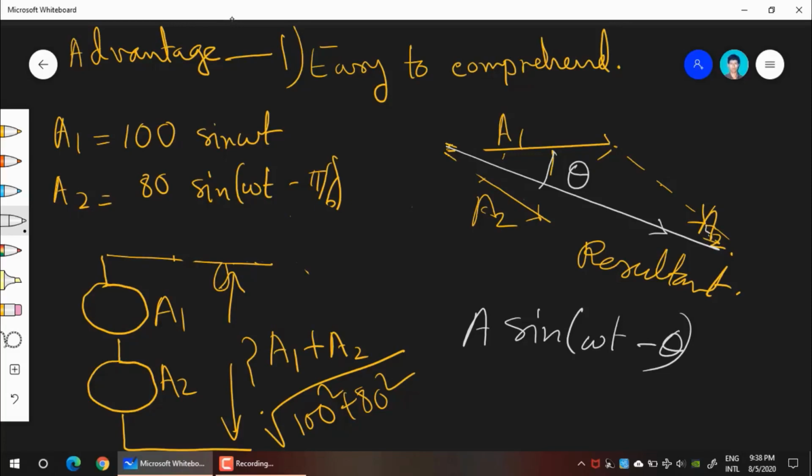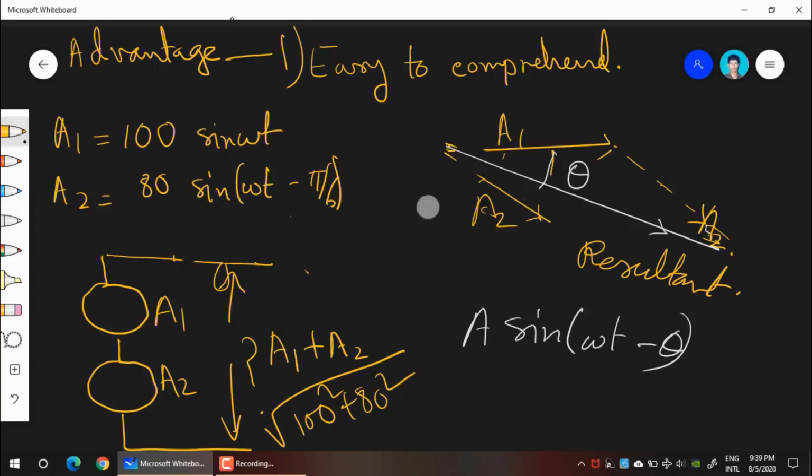Just draw the whole diagram to scale, with the correct 40-degree or 30-degree angle, as I have done here. You are bound to get a correct result without memorizing all these trigonometric manipulation techniques. So that is another advantage of this Phasor diagram: